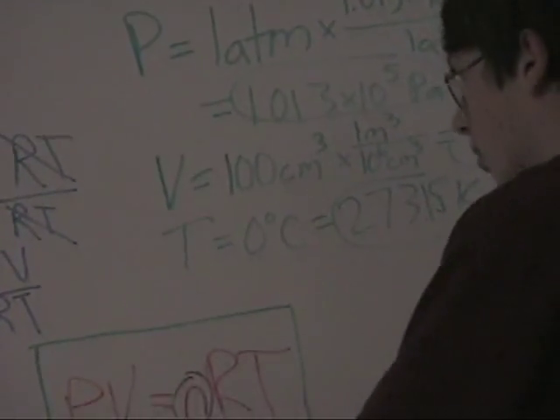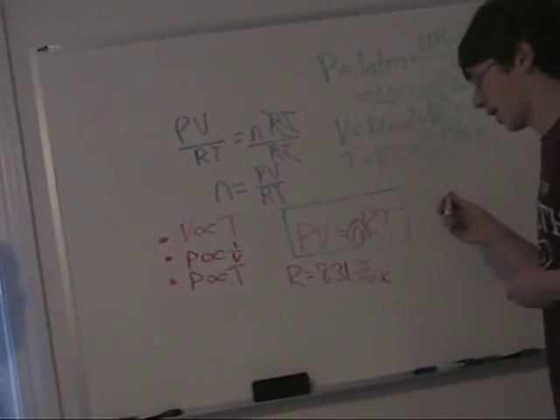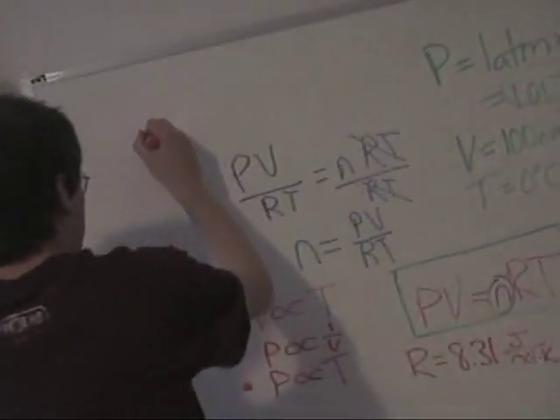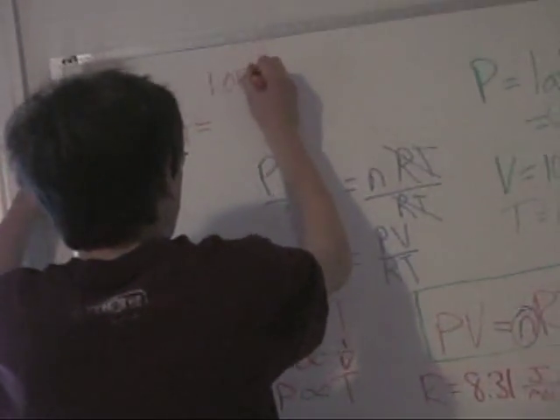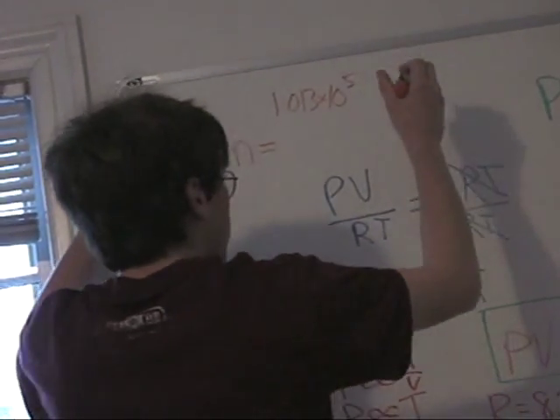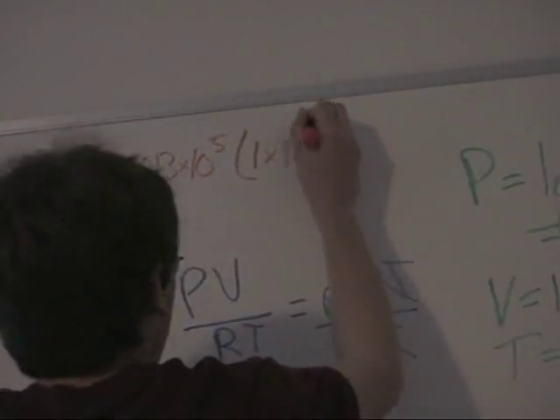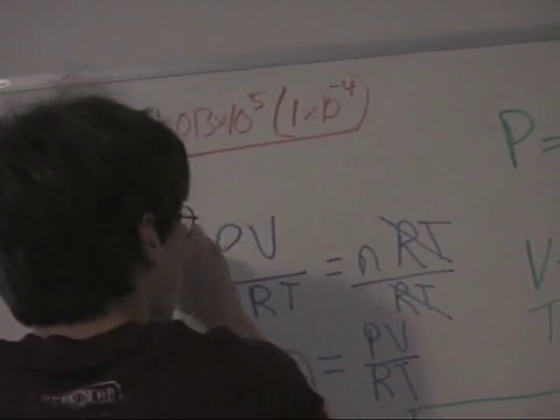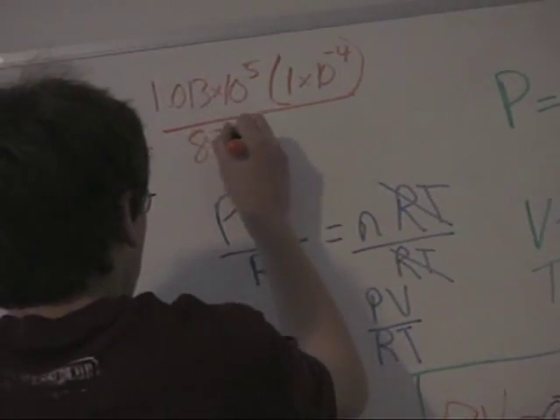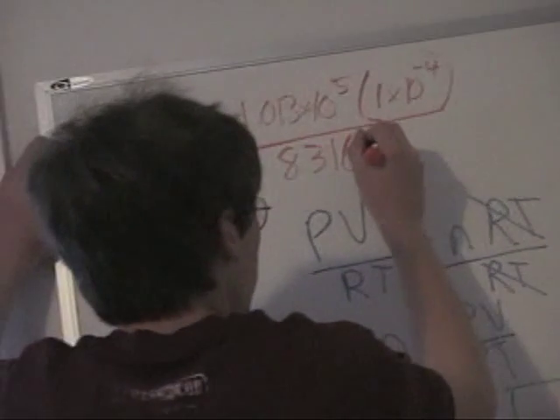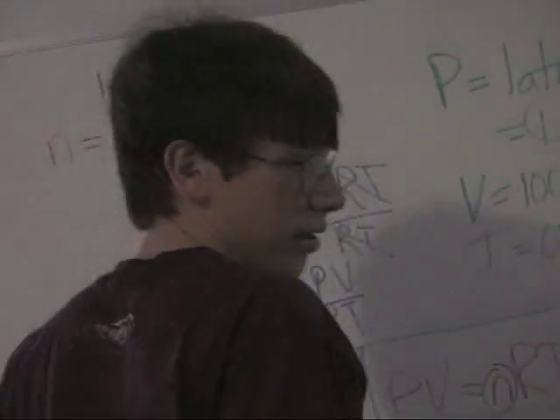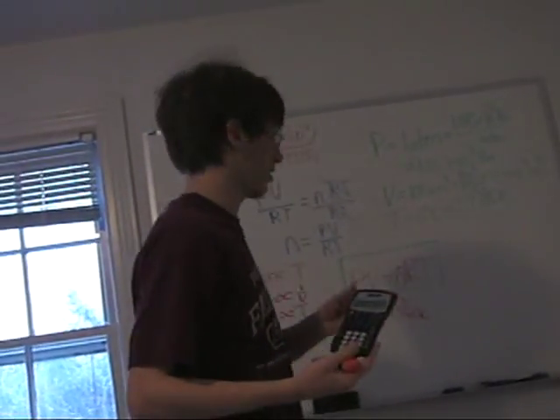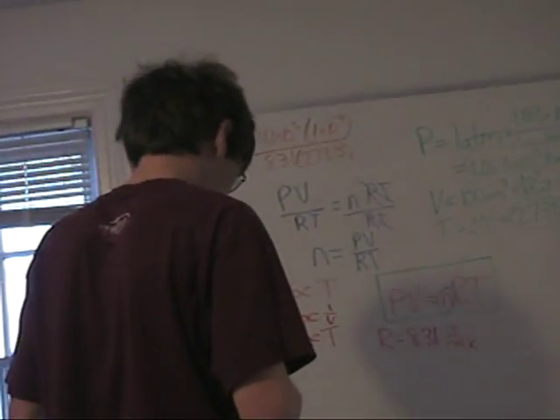Now that we have these values, we can plug in to this equation and get n equals 1.013 times 10 to the 5th times 1 times 10 to the negative 4th cubic meters over 8.31 times temperature, which is 273.15. And if you plug this into your calculator, as seen here, you will get